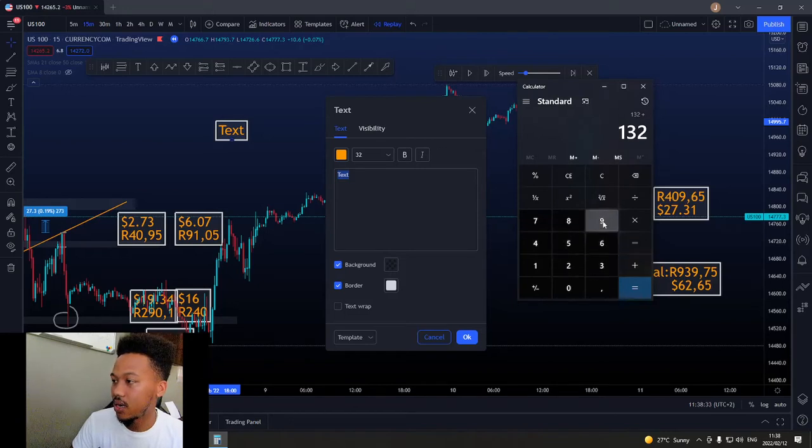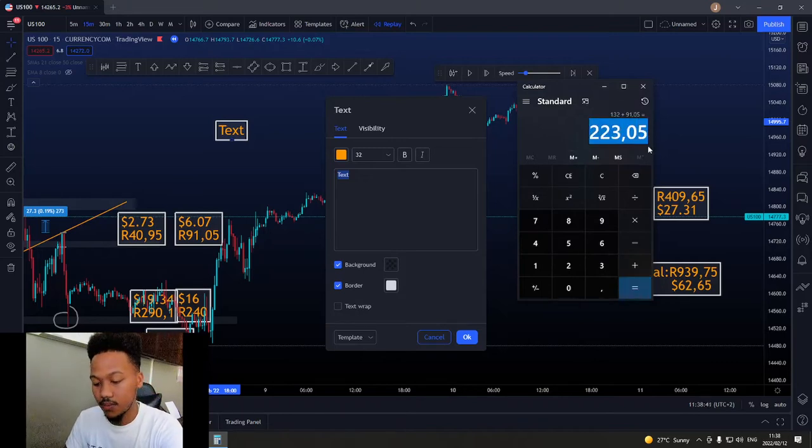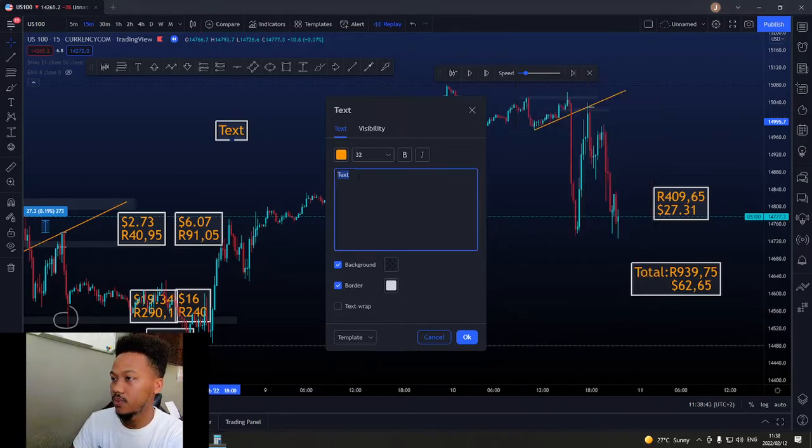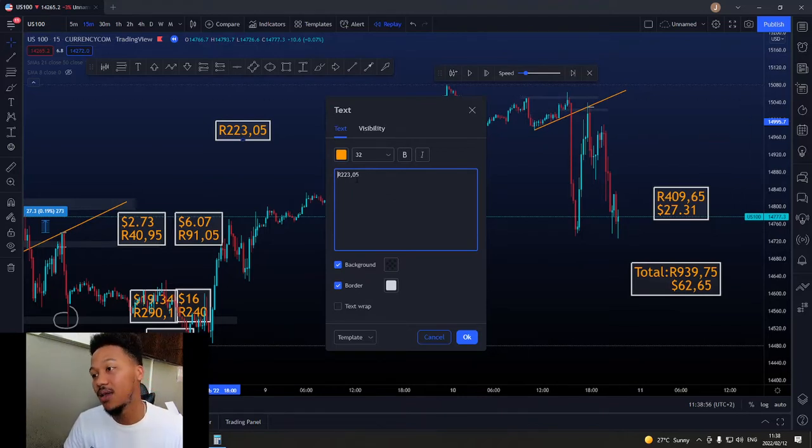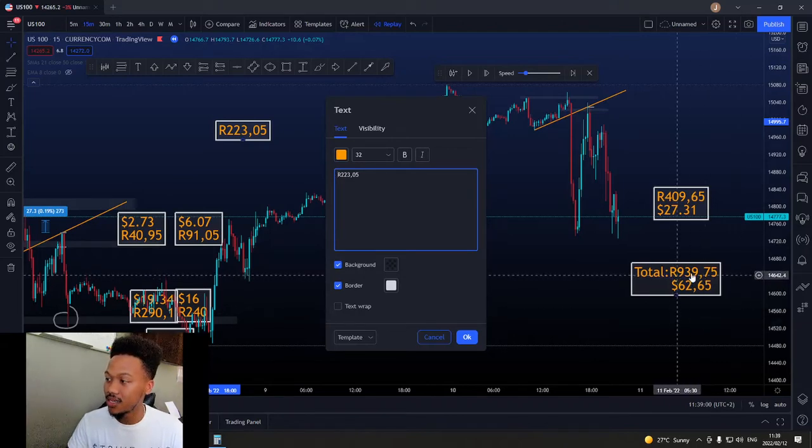So we're going to add another one. Boom. 0.05 equals 223 rand. That was your risk. You were risking 223.5 rands